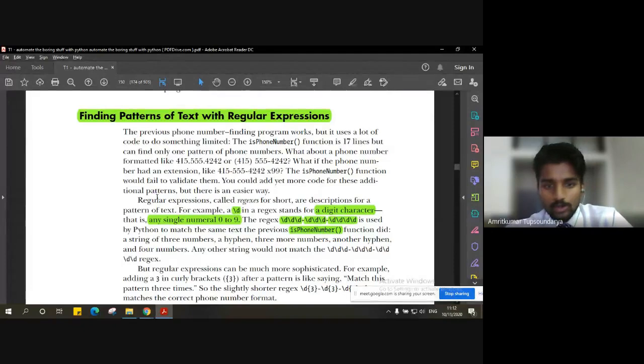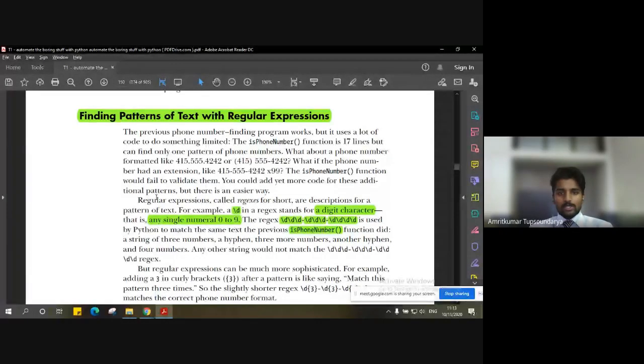Like we discussed in the previous class, if you can recall, we discussed what a regular expression is. A few of you gave me examples of what can be a regular expression. A regular expression is nothing but a pattern. It's a description for a particular pattern or format. It can be anything. We discussed examples like the phone number. Your USN can be one type of regular expression. Your subject code can be a type of regular expression, and many more examples.